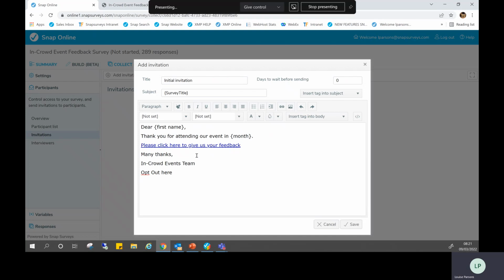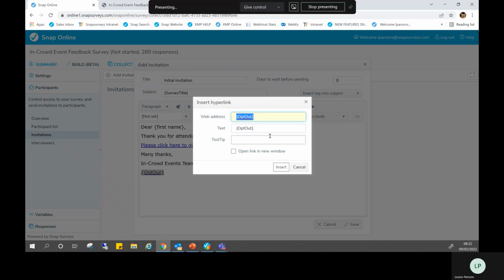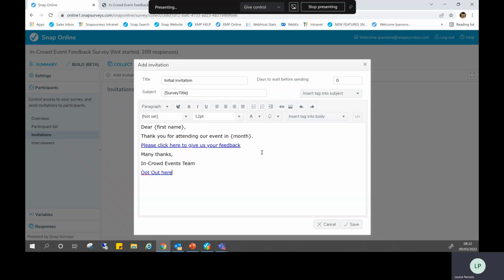So that will now be a hyperlink for them to be able to complete their survey. And the same goes for my opt-out. I would just cut the text, insert the opt-out tag, highlight it, go to my hyperlink, paste it in, and click insert.